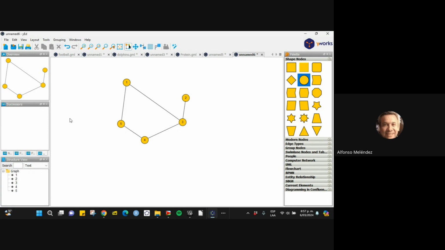Okay, shortest paths. This is the shortest path from 2 to 3, length 1. This is another shortest path, length 1. This from 3 to 5, this path, 3, 4, 5, is another shortest path. It is the shortest path from 3 to 5, okay? So we have here a shortest path of length 1, a shortest path of length 1, a shortest path of